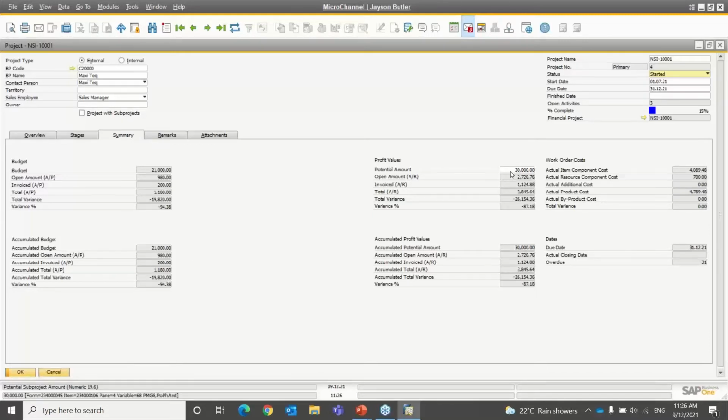Likewise, on the profit value side, the 30,000 is a typed-in number. So I've said, I'm expecting $30,000 worth of revenue on this particular job. So far, I've billed 2,700. So far there's open amounts of 2,700. I've invoiced 1,100, and then there's the total, and then once again we've got the variance, and then you've got